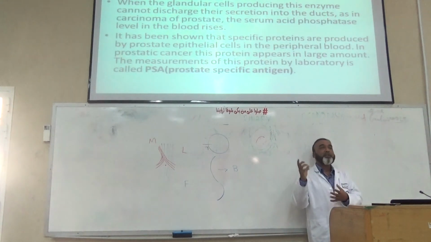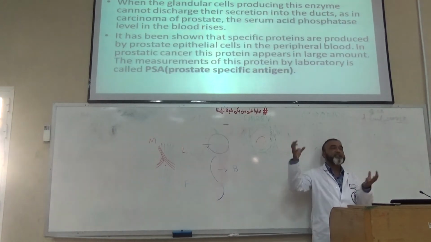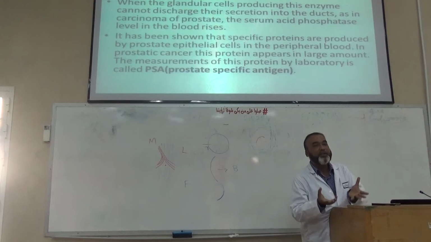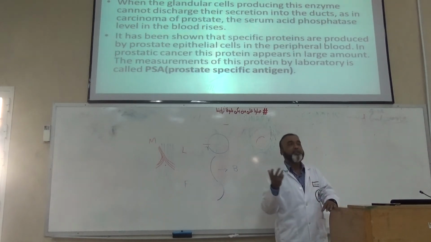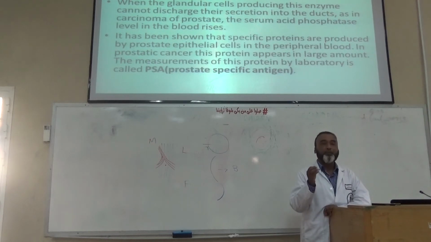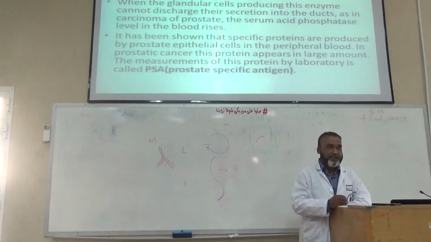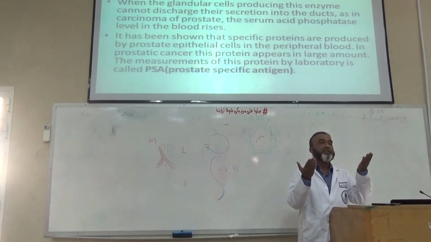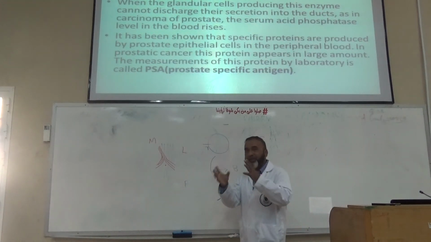Okay. Now sometimes in case of malignancy or cancer, what will be the appearance with the complaint? The doctor usually first does the blood test, in which they look for the PSA, prostate specific antigen, or the level of acid phosphatase, which is much increased in case of these conditions. So this can be confirmed.